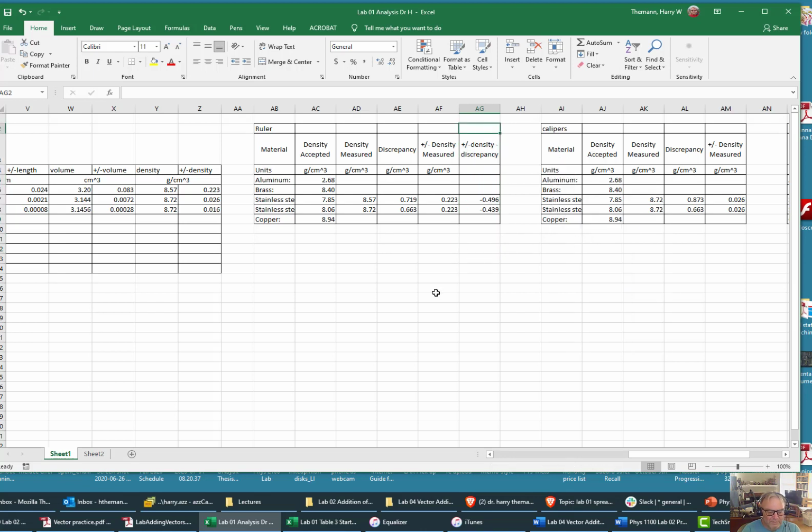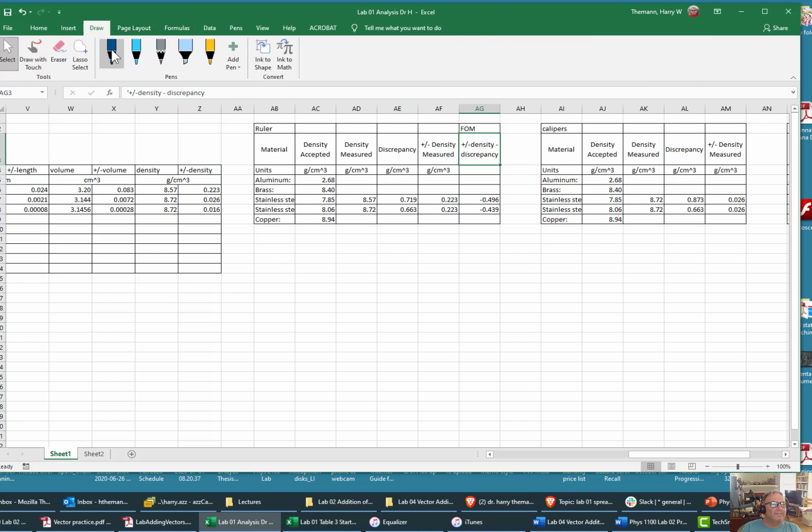So that we're going to call FOM, the figure of merit. This is something you would write up in your logbooks in your analysis section. So let's explain this. Our figure of merit, we would generally think that it would be greater than 0. So if the figure of merit is greater than 0, that means that our